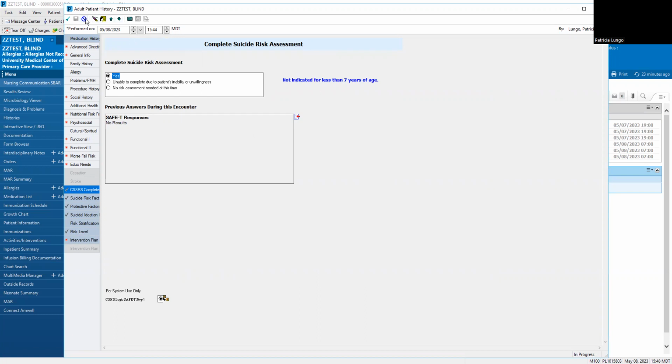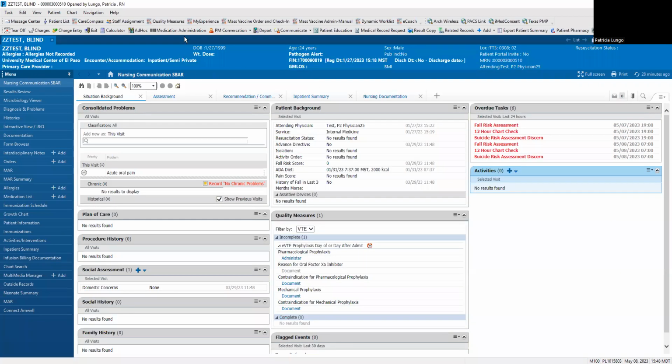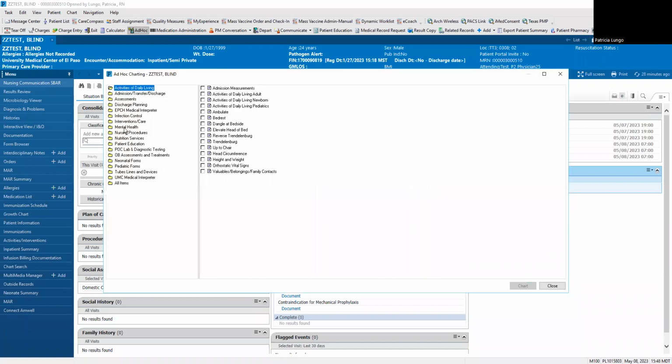And let's say my patient is already in the unit. So I'm going to go to AdHoc, and like we do now, I'm going to go to mental health. The difference is we have the frequent screener, we have the safety protocol, the one that I was showing you a little bit ago, and we have the suicide reassessment. If your patient is a suicidal patient, you're going to document only here. It's your reassessment. So you go here, you document here,